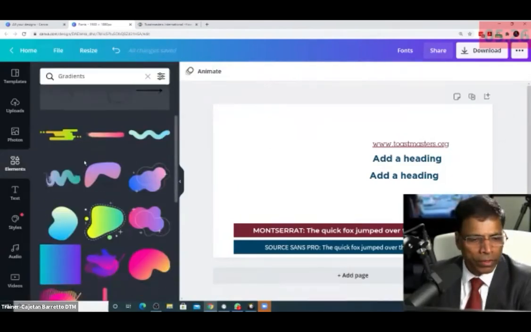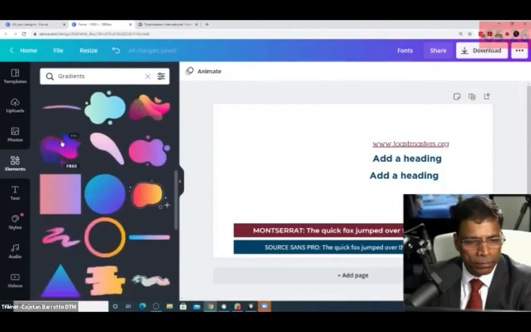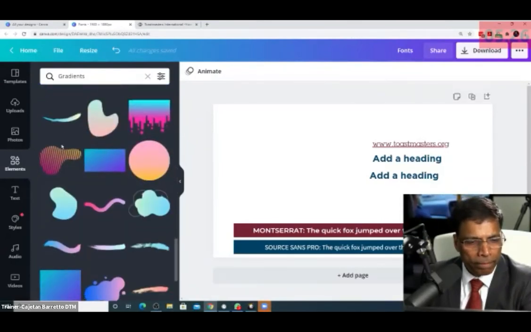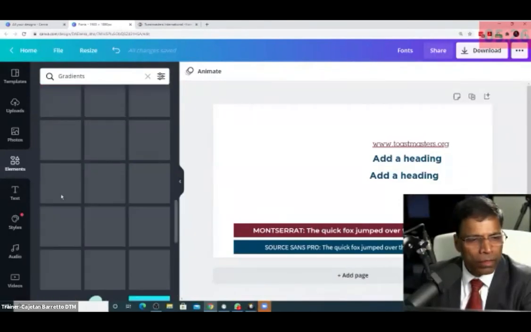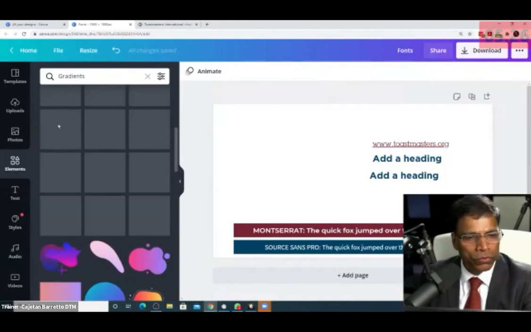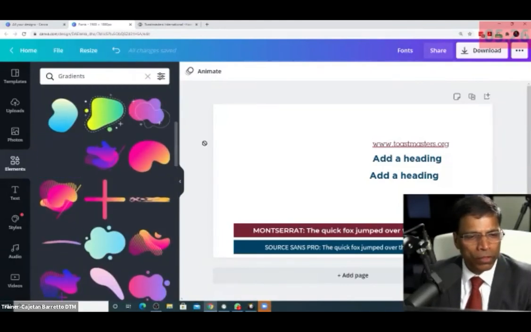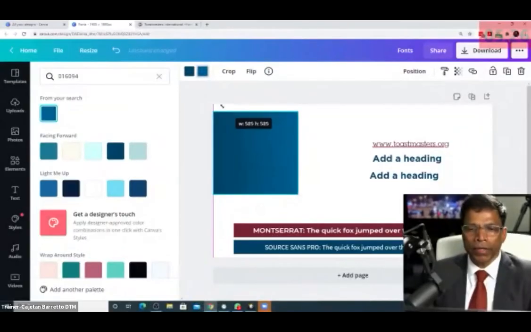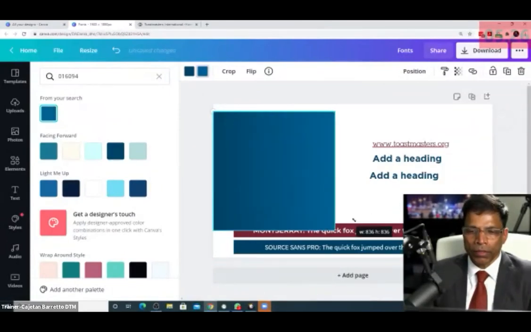I will choose a gradient which has only 2 colors. So this is a gradient that we can use in our design.